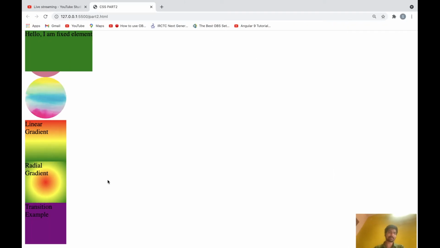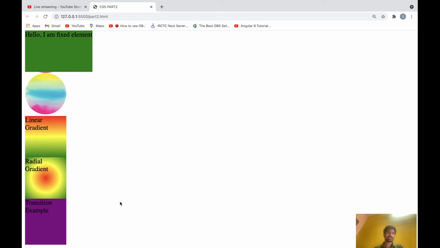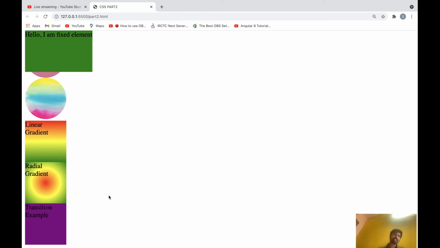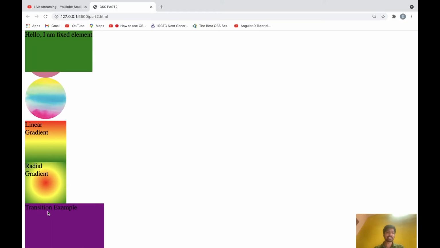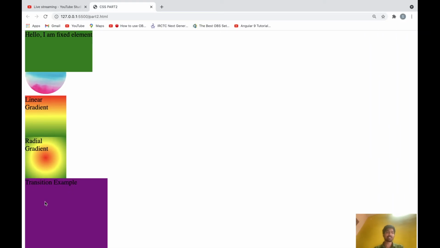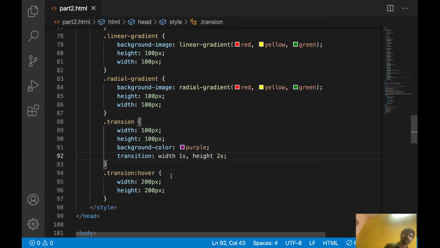So let's see now. See, you can observe this smoothly. The width and height change is happening in 2 seconds and 4 seconds, whatever we mentioned. If we want, we can reduce it from 2 seconds to 1 second, so now width will change in 1 second and height in 2 seconds. These transitions play an important role in CSS.